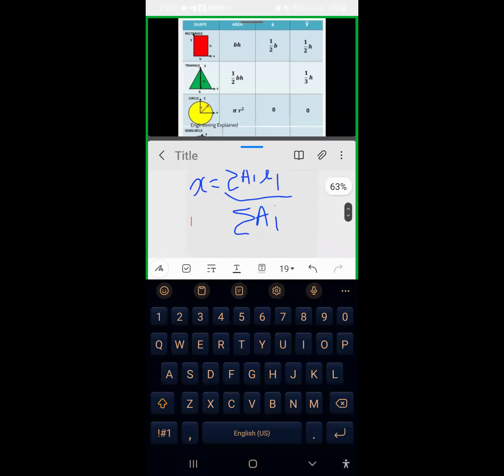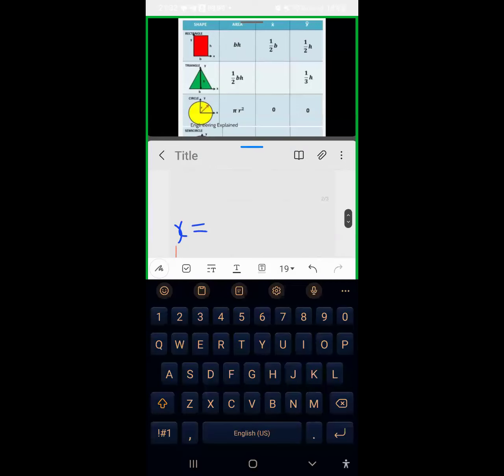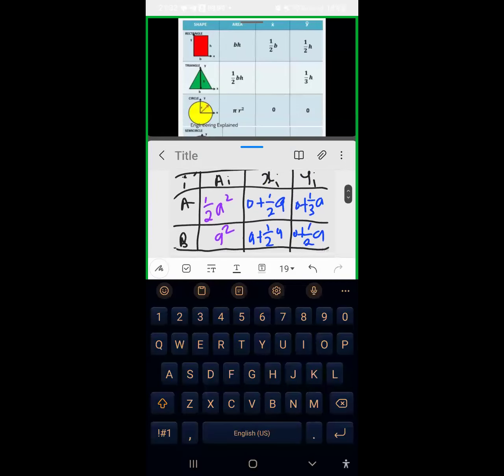So the x center of mass will be equal to, now let's go back and refer to our table. For the first one, we're going to have half a squared multiplied by, for the first one,